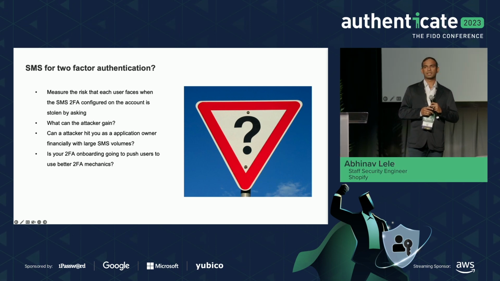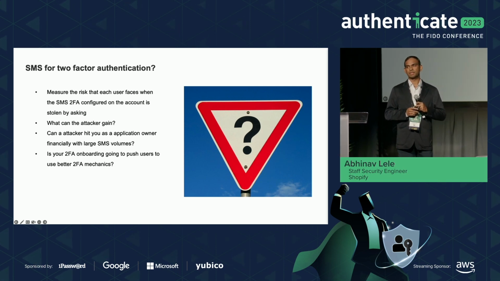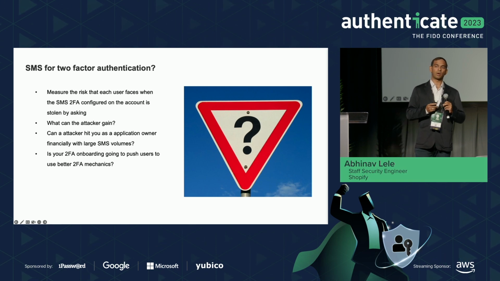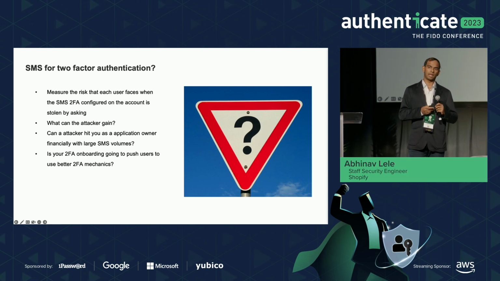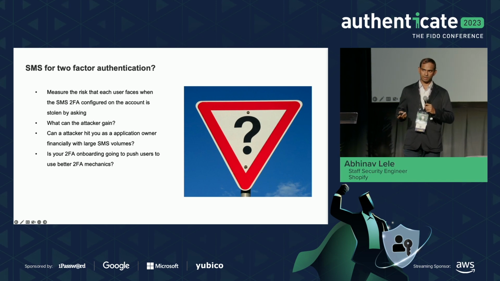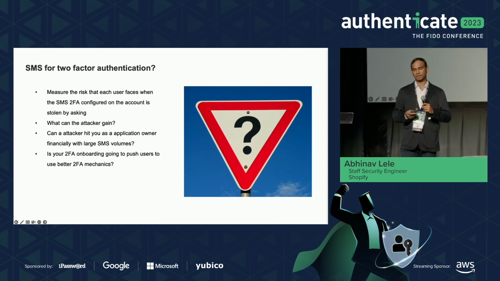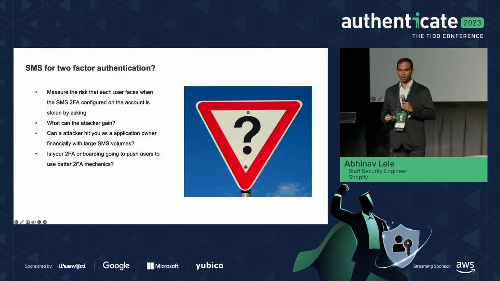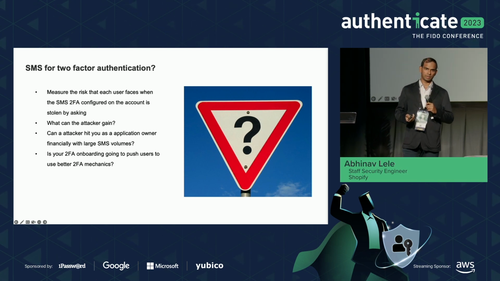Also, SMS is probably the one which everybody knows. The other mechanisms that we talked about are better. So if your service or your product as such drives users to the other ones, for example, if your user experience is driving your users to passkeys, or to push-based methods, it's okay to start off with SMS as a backup where the others don't work.